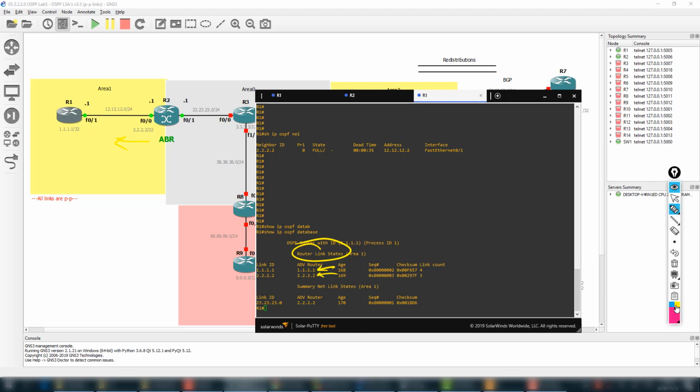It means that this router, being a normal internal area router, generates type 1. The same type 1 is generated from here, but this router is an ABR as well. It has two area connections into two different areas, area 0 and 1. So it also generates type 3 LSAs. Here you can see the advertising router is router number 2, this router. This LSA means that this router is generating this network towards the internal router. It is telling basically that I have this type of network.